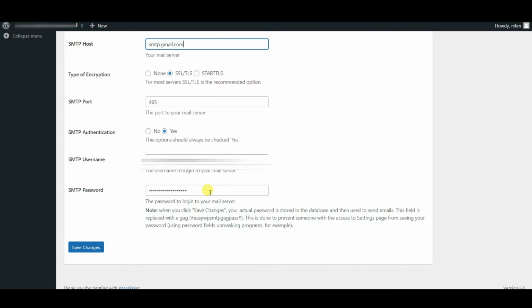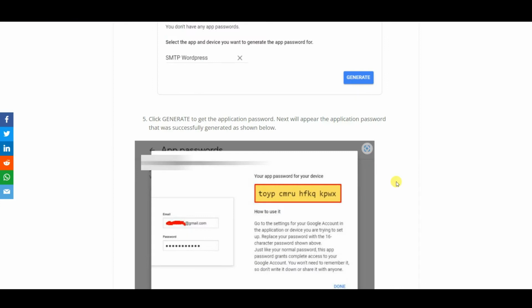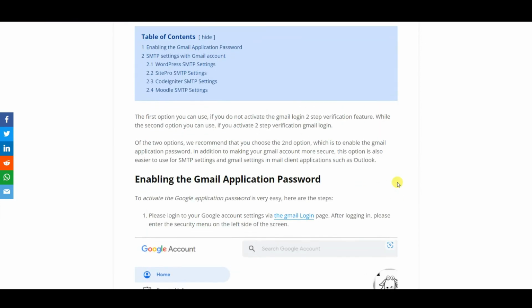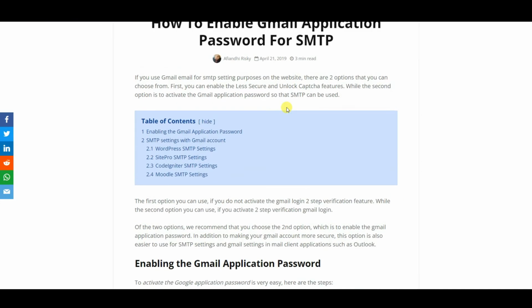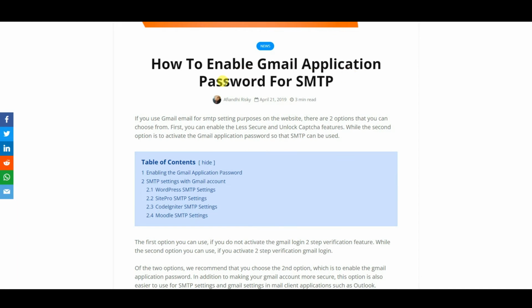This is where everyone goes wrong. Here we have to use an app password. This is a new procedure that Google has introduced. So how do you get this new app password? There is an article, and I will post the link in the description. Here is the article, where you can see how to enable a Gmail app password for